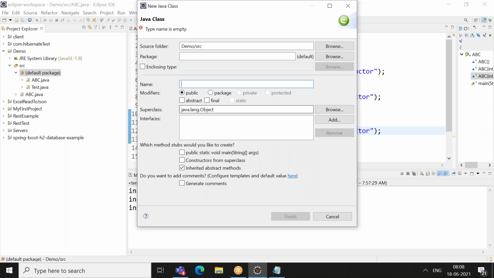You can take it as inheritance, or as an interface where you use implements, or as an abstract class. We will see those concepts also. I'm just telling this as an example, but in real-time projects you will get to know based on understanding whether you need to go for an interface or take a normal class and extend it. Based on the fields and everything, you get more clarity. Java has given all the features, so based on the requirement you choose.